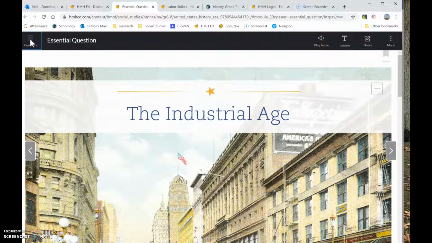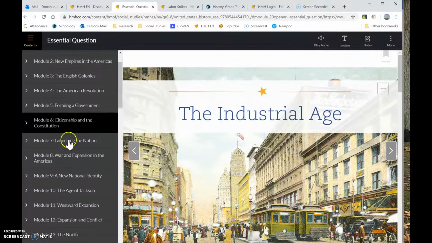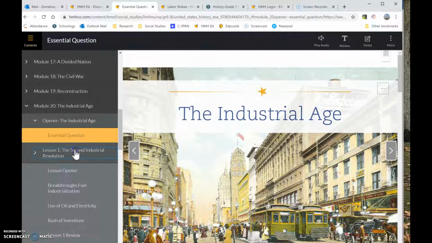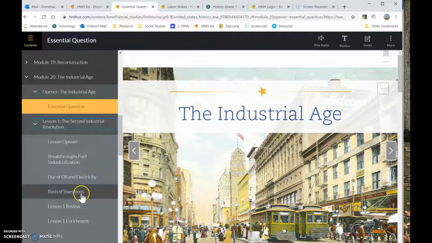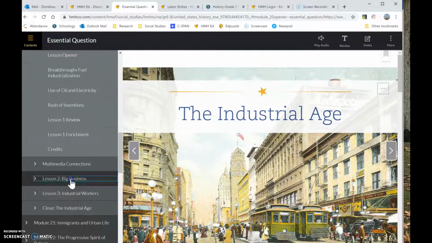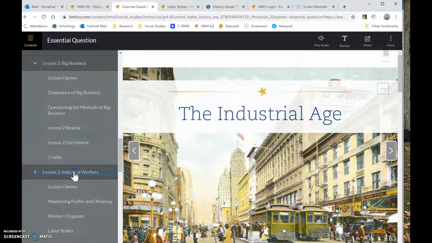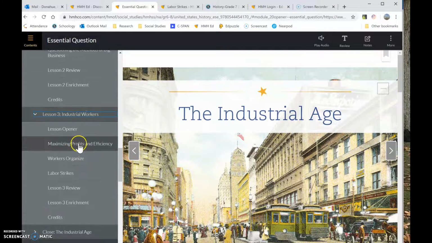And if you look at chapter 20, we should all have done lesson 1 and the 3 lessons there. We should have done lesson 2, which are the 2 sections there, and then lesson 3, which was maximizing profit, efficiency, workers unite, and labor strikes. And you can go in and do the reviews for each of those. So that is your reading.